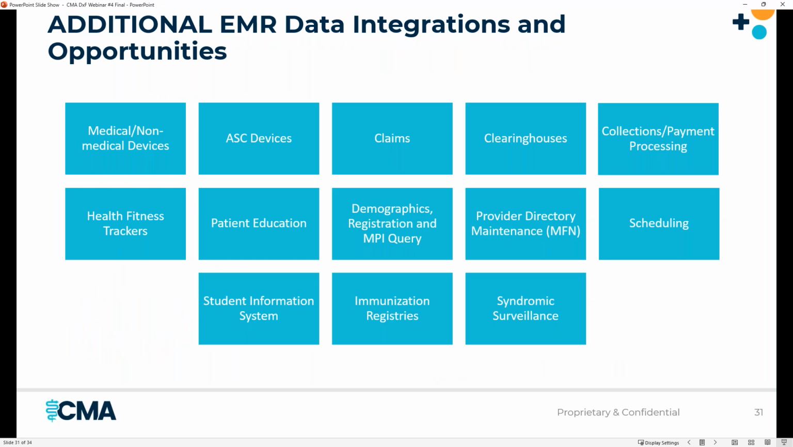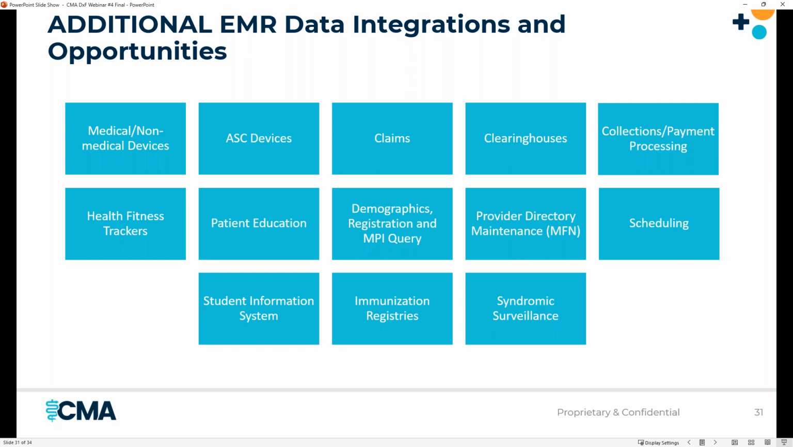Some other additional opportunities outside of just what you would think come out of the box: I love trackers, fitness trackers, but certain medical devices could speak to your system. These are things that most people don't even think about because they're so honed in on that progress note data and problem list. But really nice opportunities are automation and scheduling, patient education at their fingertips, immunization registries, which